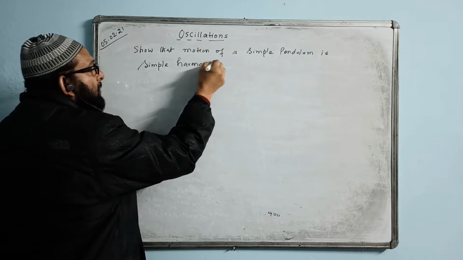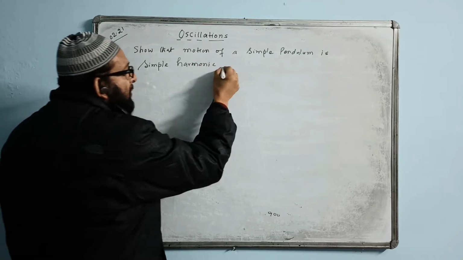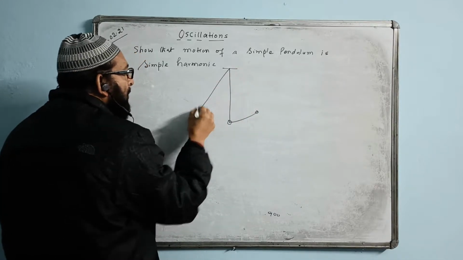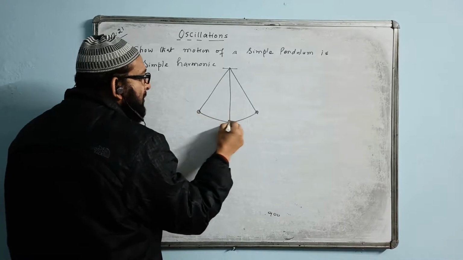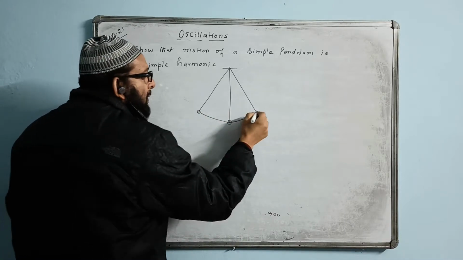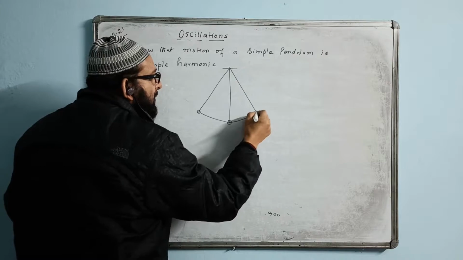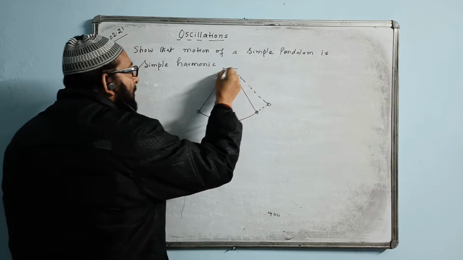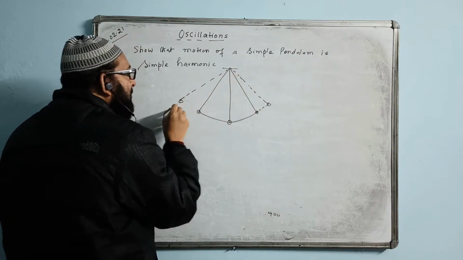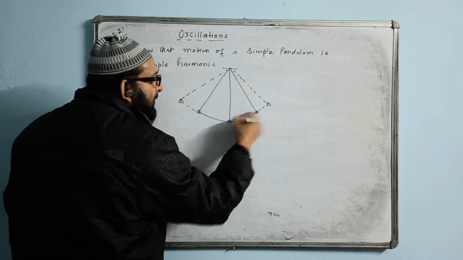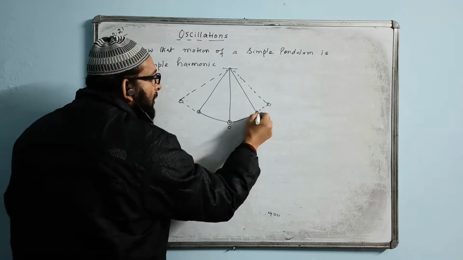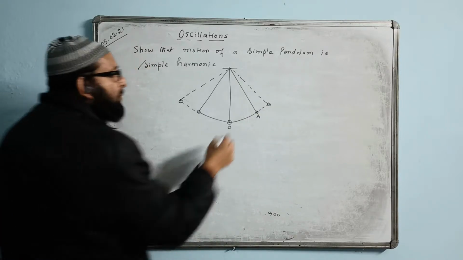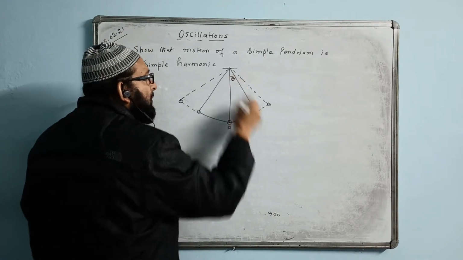How do we prove it? To prove it, we draw the diagram. Here, this is the pendulum. It moves to and fro like this. This is the extreme point, this is the extreme point, that is the amplitude position, but we are taking a point anywhere in between, and this is the mean position, this is the point A, this is the extreme point B. So at this point we take this angle as theta.